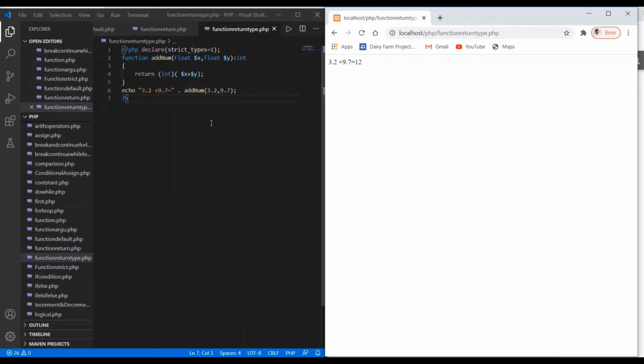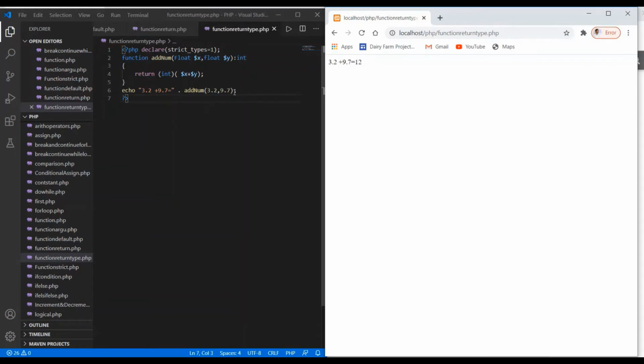So it means that even if we pass the arguments as type float, we get the result in return as only an integer, not the fractional value. That's why we can restrict the type and declare the return type in this case.